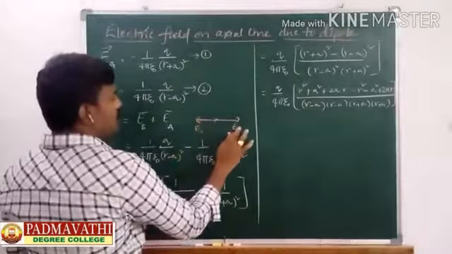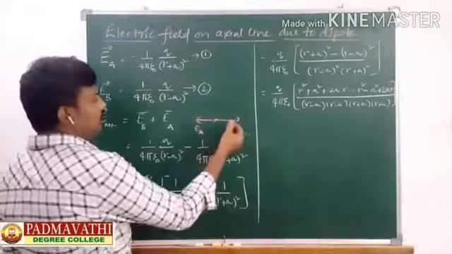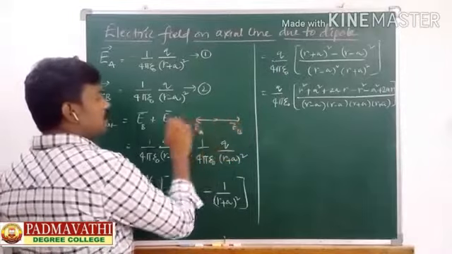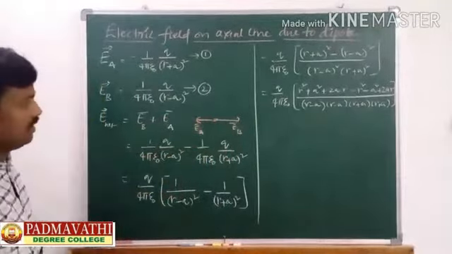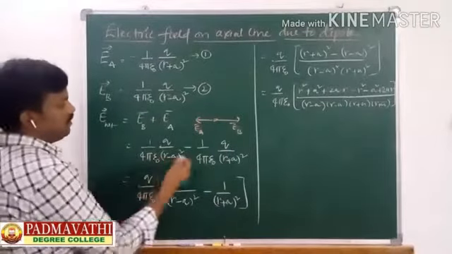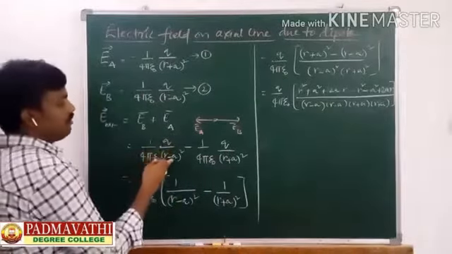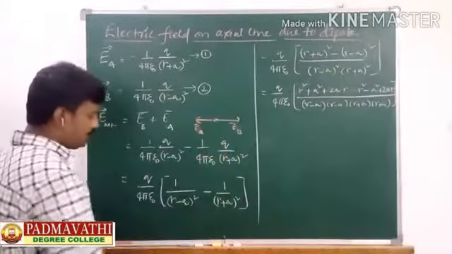Sorry, in the previous diagram we have written EA as well as EB like this. So then EB bar and this will be EA bar. As they are going to exist on the same line, we can add them up directly. So in this case, directly 1 by 4 pi epsilon naught Q by (R minus A) whole square minus, why? Because EA is going to have a minus in the opposite direction. So 1 by 4 pi epsilon naught Q by (R plus A) whole square.